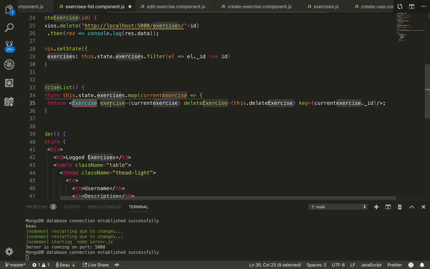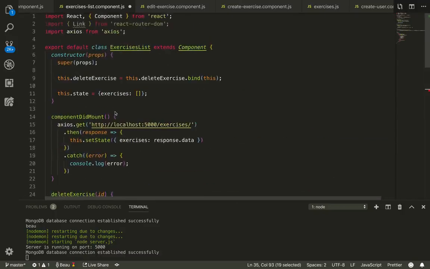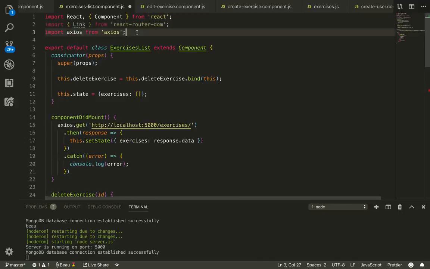Let me make some more room here. So we're going to pass in the current exercise. You can think of these basically as variables. So here's the variable name, here's the value. So we're passing in the current exercise, we're passing in the delete exercise method here, and then we're going to pass in the key, which is just current exercise.id. So let me just put in this exercise component, and then I'll talk a little bit more about it. So I'm going to put it in up here